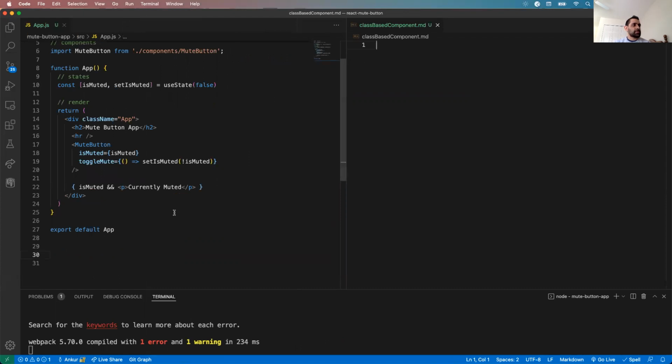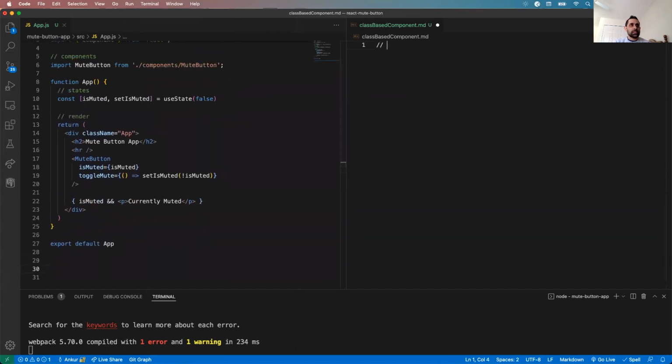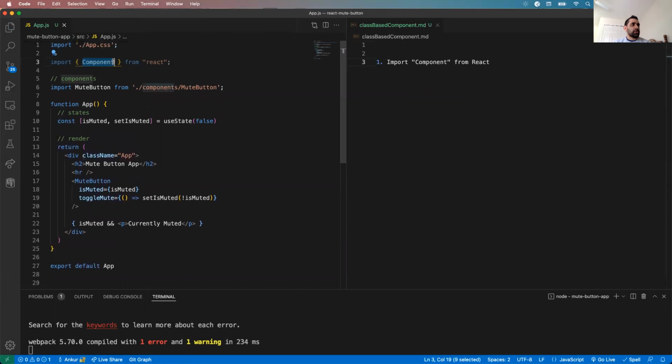All right, so step one was imports component from React. Now that we have access to this component class, we need to use that here. So step two is going to be